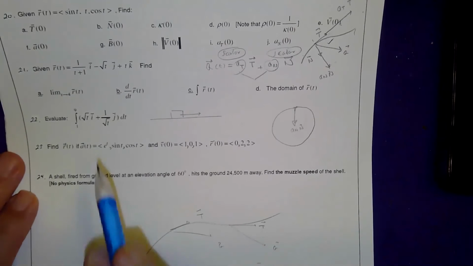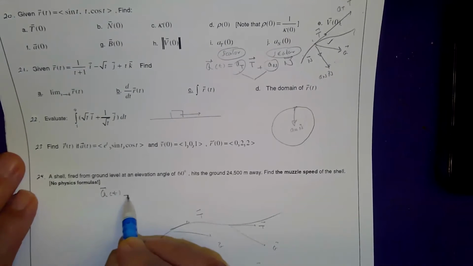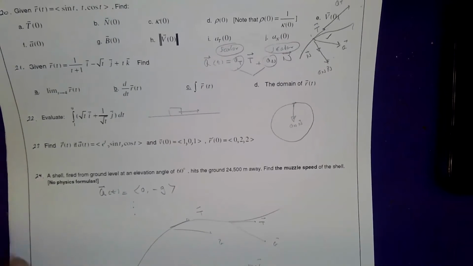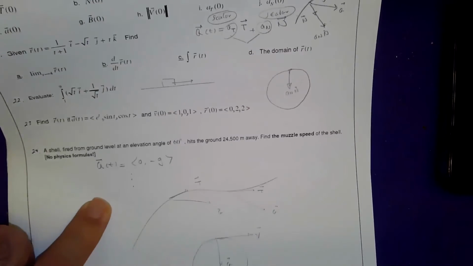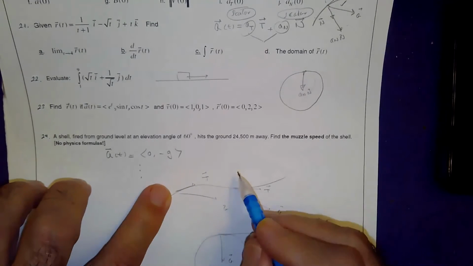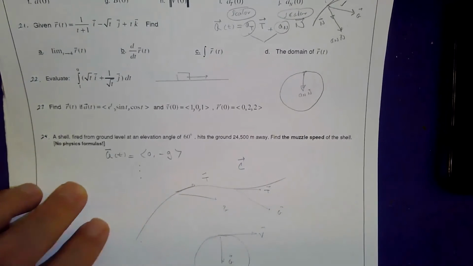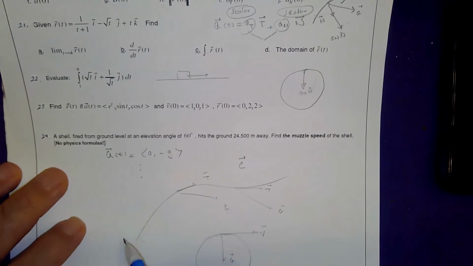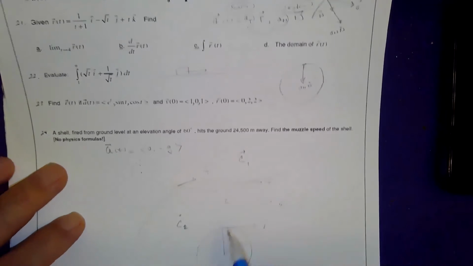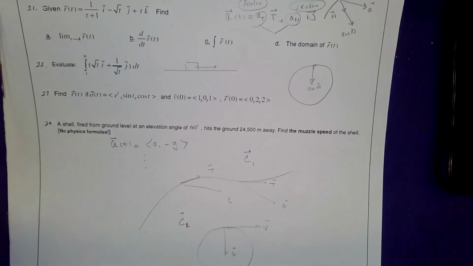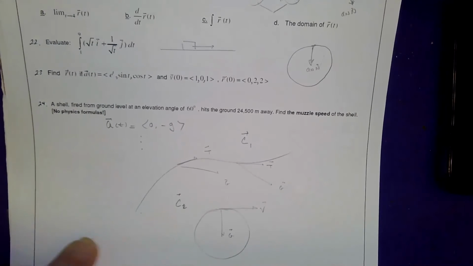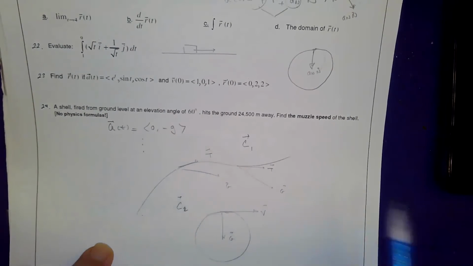In other words, for these problems, you always start from a of t is equal to 0 minus g t and keep going. Take the antiderivative, find the velocity. Impose the initial condition for velocity, find your c. Remember, the c's are going to be vectors. And then take the antiderivative of velocity, get the position, then you would get one more c. And the c's are not constants, they are vectors. Impose the initial condition for position, get your C2, box your answer, and now you are ready to answer the